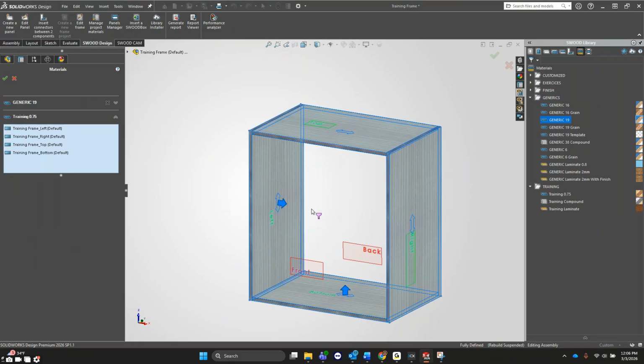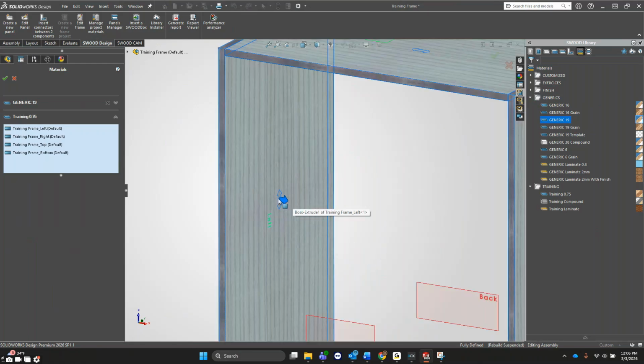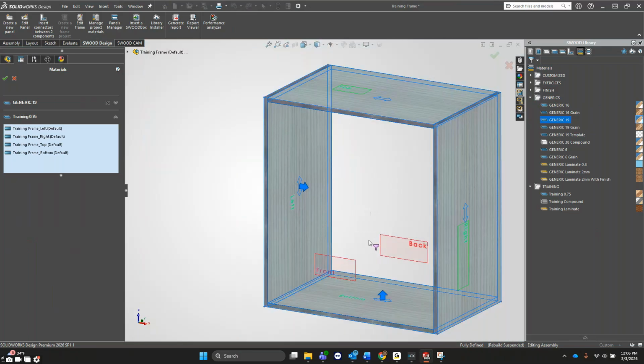So that's kind of how you use that one there. And the nice thing about this is it also shows which direction is the top with this solid blue arrow here. So that's the top direction. And the way they orient these,